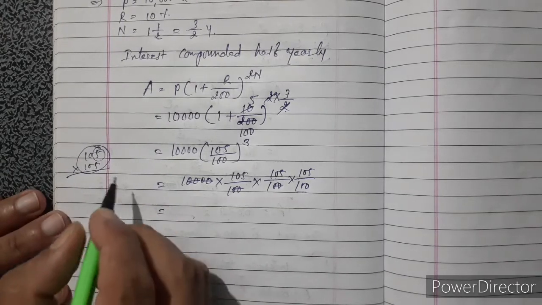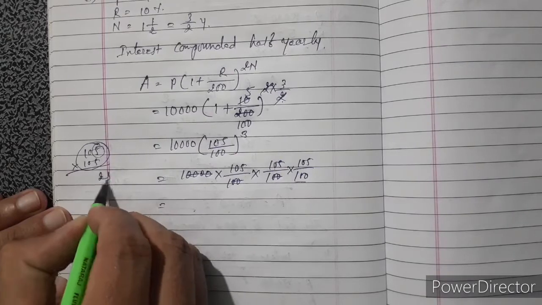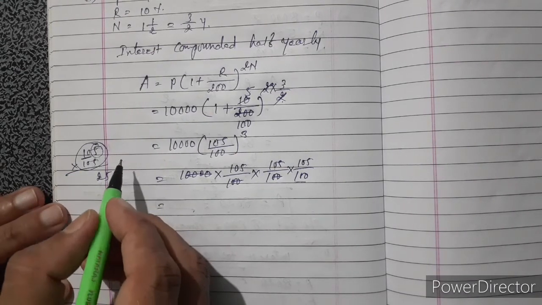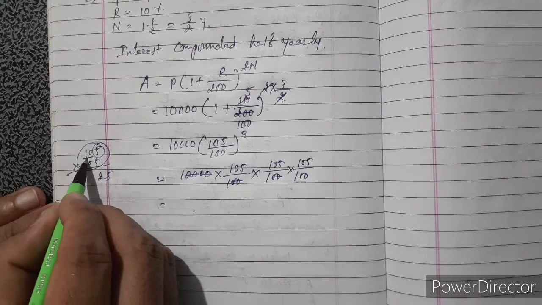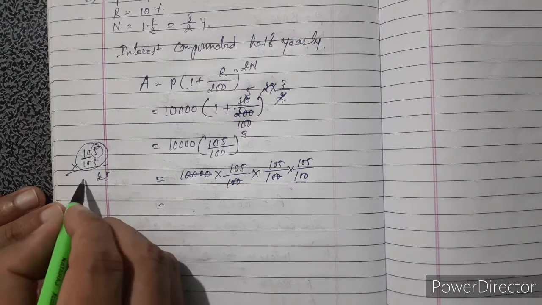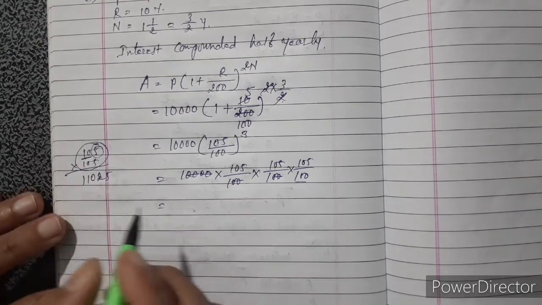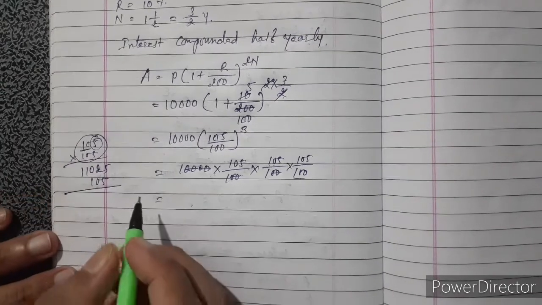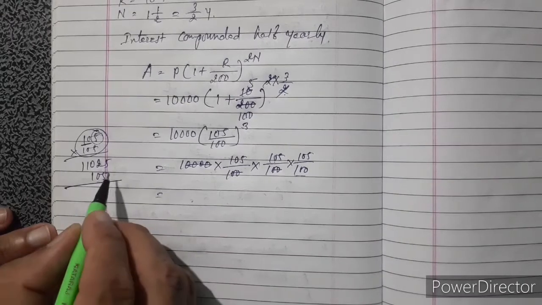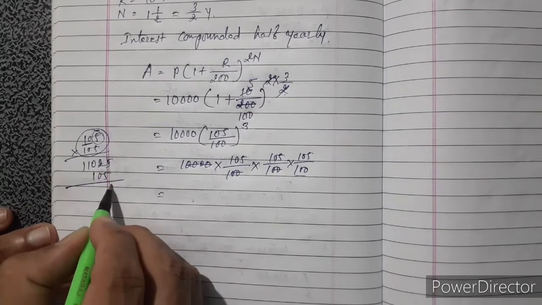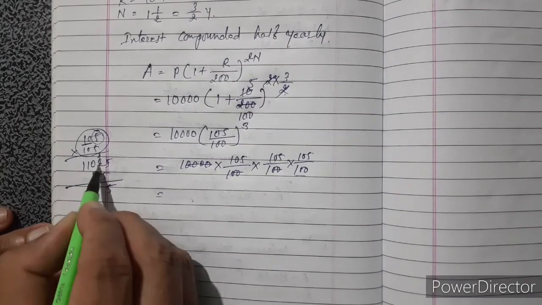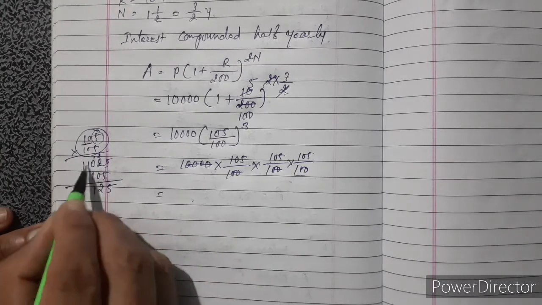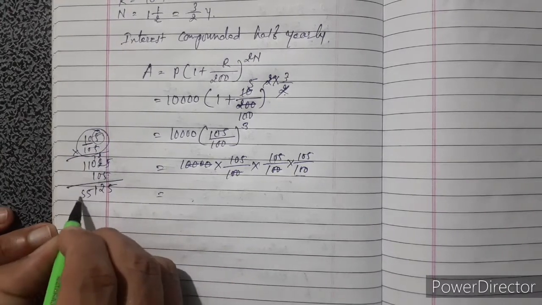We already know that 5 5 means 25, and 10 is there. Multiply with the next number, 10 into 11. 11 tens are 110. Okay, into 105, that is equal to, now let me find: 5 5s are 25, here 2 5 2s are 10 and 2 is 12, here 1, 5 1s are 5, 5 1s are 5.